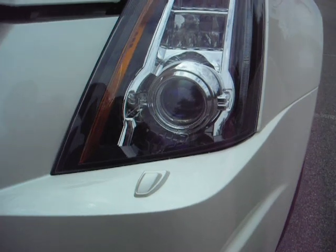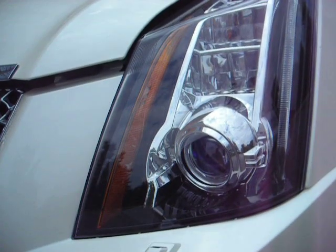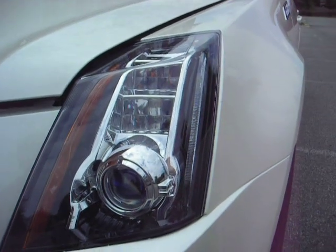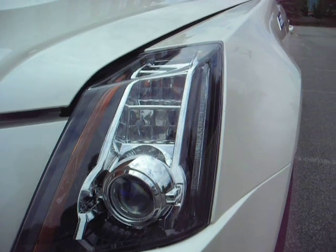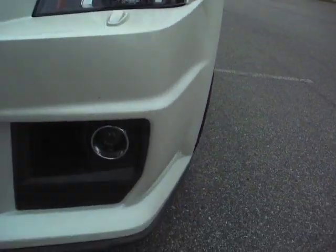mobile HID lights that turn with the wheel, and then all these cool decorative features like the side lighting, LEDs that run all the time, and the top lights that come on at high beam. Below you've got HID